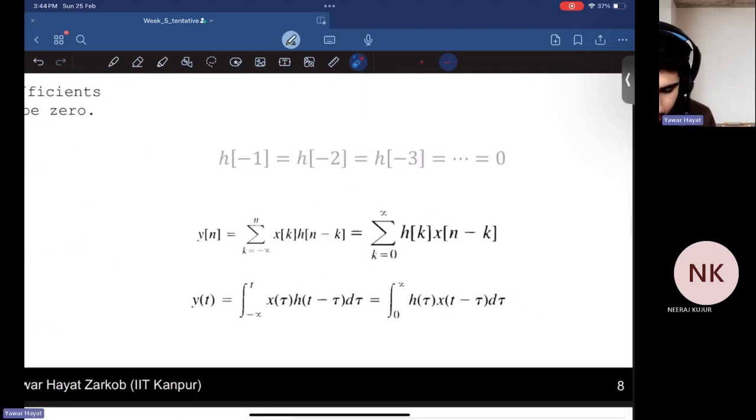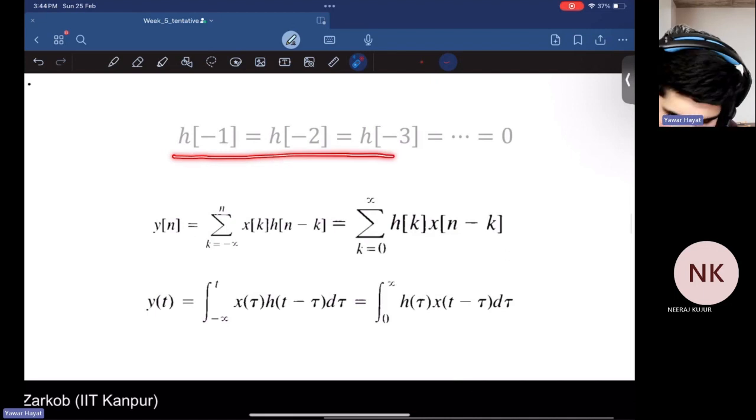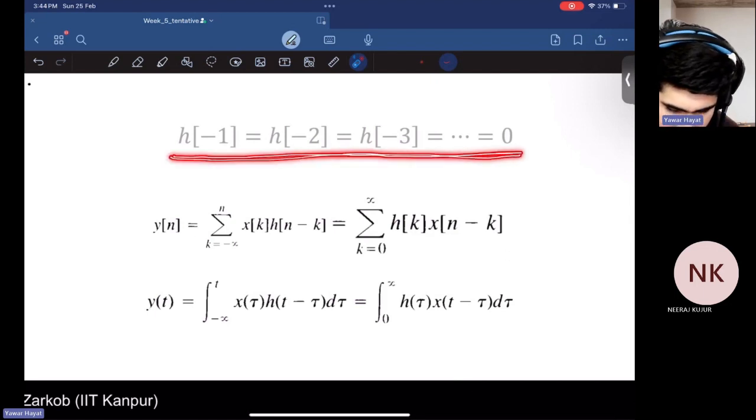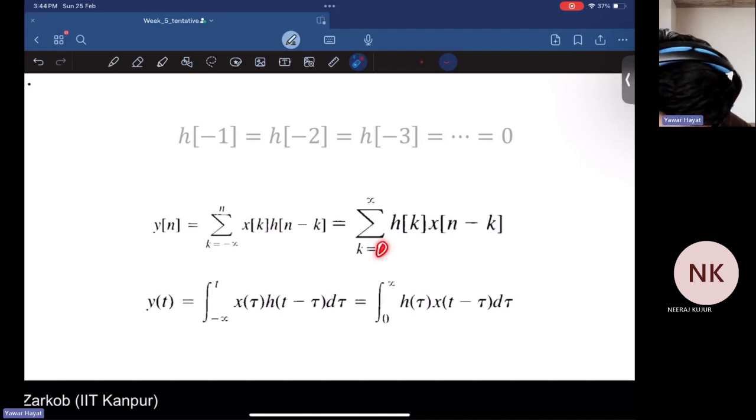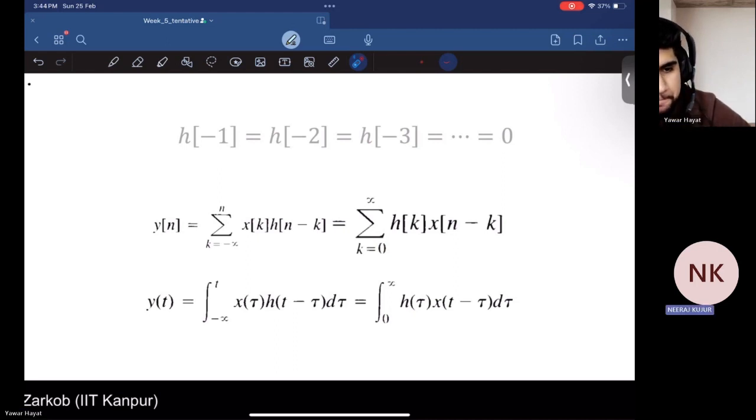One more thing. Since we have this particular thing that we saw just now, won't our summation and integral limits change? Yes, it may. Then why should it change from 0 to infinity? This is my question. For the values of k lower than 0,